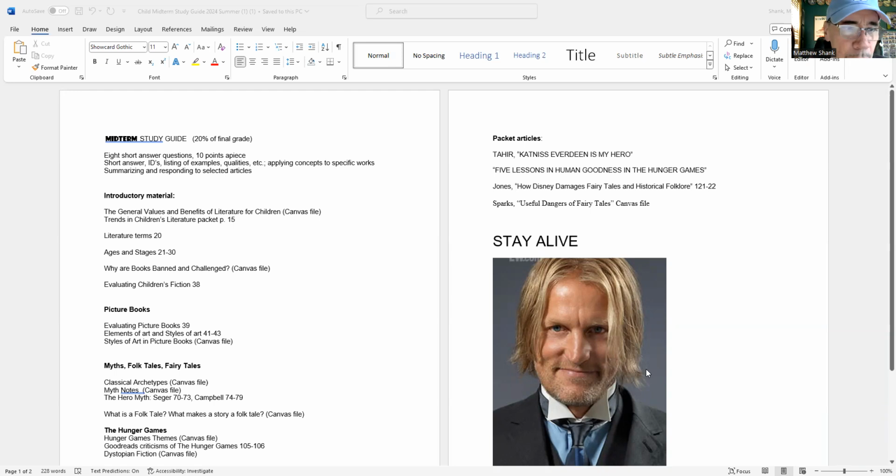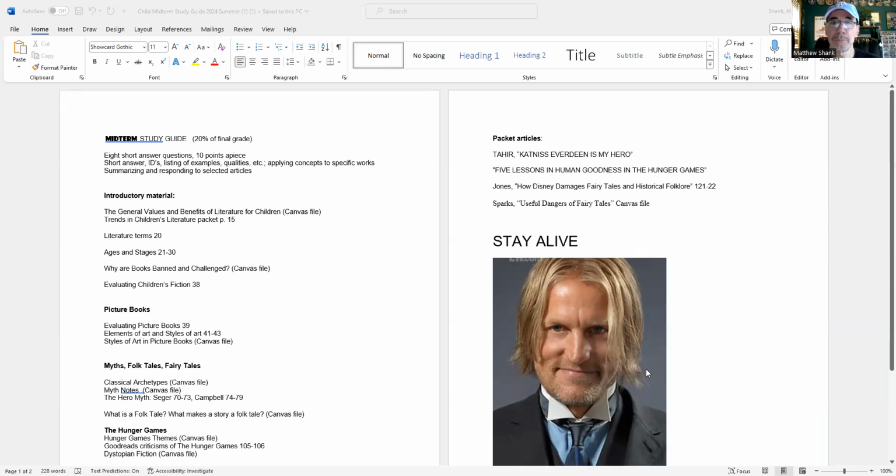All right, so a fair question might be, I don't know, what are 3 classical archetypes in the Hunger Games and how do we see them in the story? So you'd have to know what archetypes are, and then you'd have to know enough of the story of the Hunger Games to be able to answer that question. Or if I were to bring up a literature term, and say, what are some examples of symbolism in the Hunger Games? Give 3 symbols in the Hunger Games and tell me what they represent. That's an application type question.